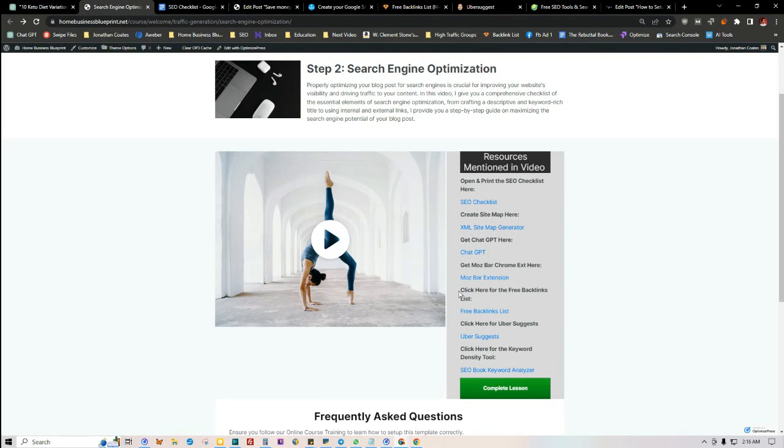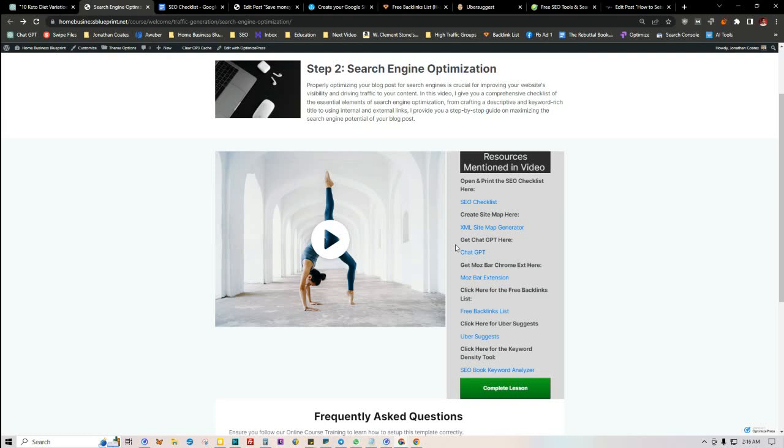So if you're ranking for any given topic, you can take that keyword and key phrase, go to Google, type it in, and see the websites that are ranking for that key phrase. And you're able to see how many backlinks they have, as well as the domain authority and the page authority, with the Mozbar extension. So it's a really good extension to have.